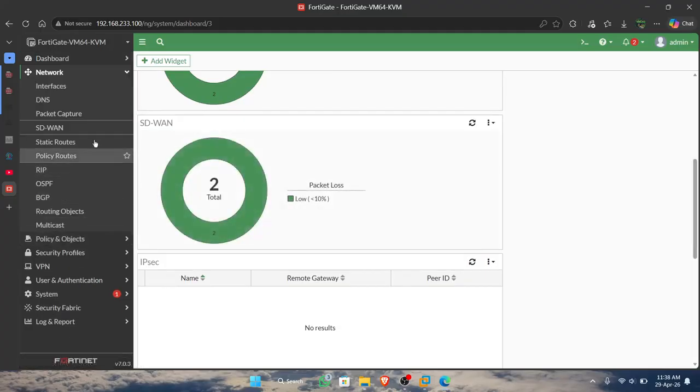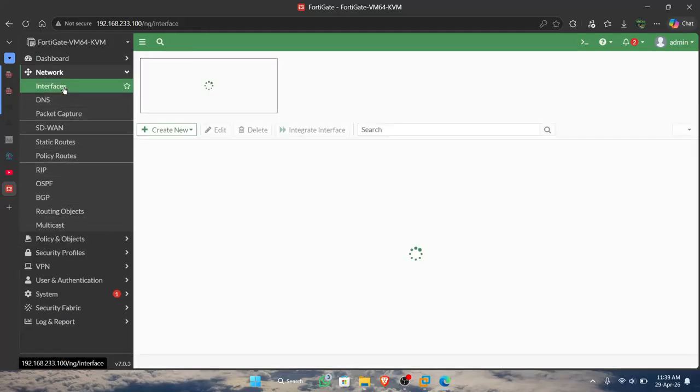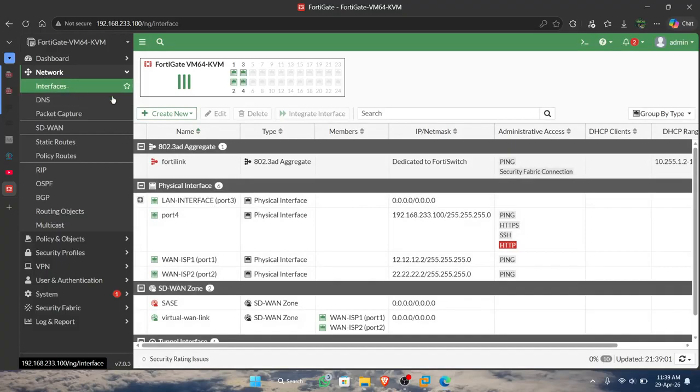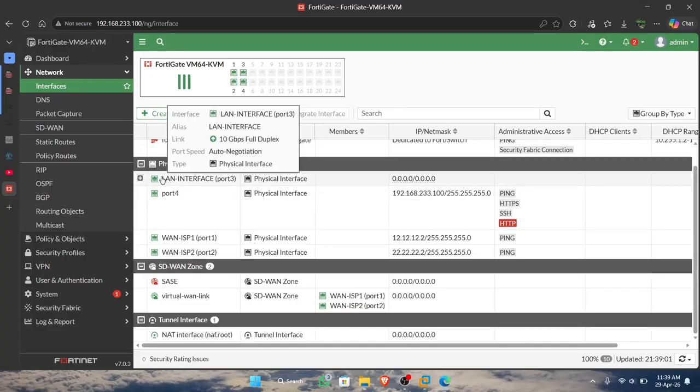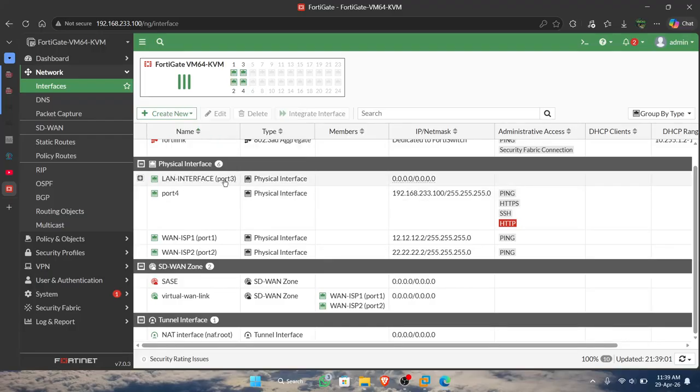So this is the configuration for the interface. I have configured the interfaces: the VLANs in port 3, that is VLAN 10 and VLAN 20.